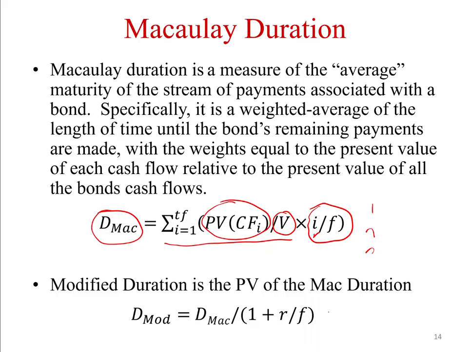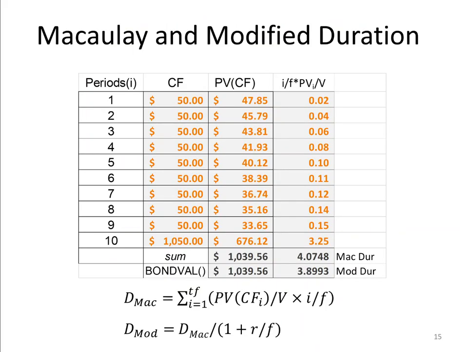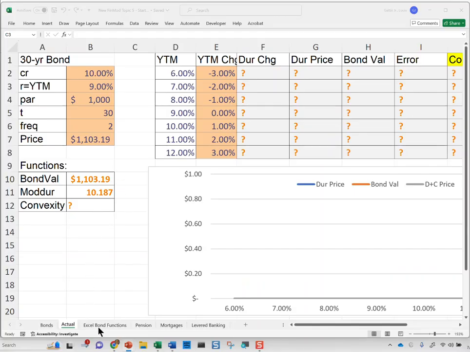The modified duration, we'll show you in a minute, is the Macaulay duration over 1 plus r to the f. So in some way you can think about it as the present value of the Macaulay duration. But it's easier to actually show you in a spreadsheet. So let's go to the spreadsheet. Let's go to